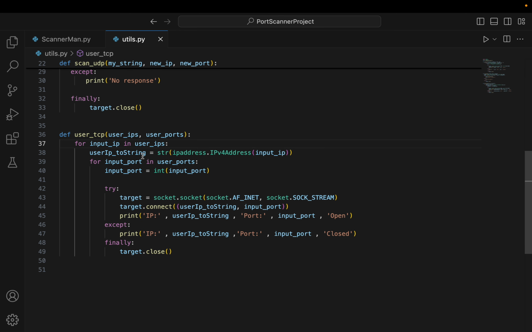And the function is right here. So for input IP in user IPs, this is a for loop that's going to run through all the IPs inside of user IP. So user IP is the one that we inputted, so 192.168.100, and then 101, 102. So it's going to iterate. First IP gets stored in input underscore IP, and then